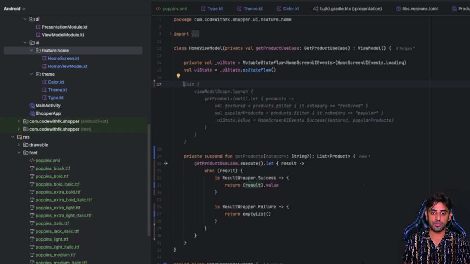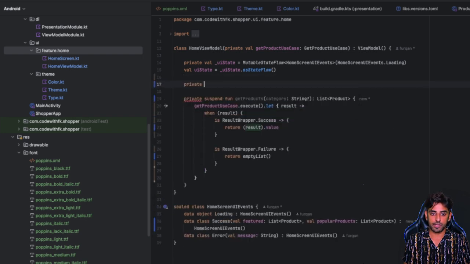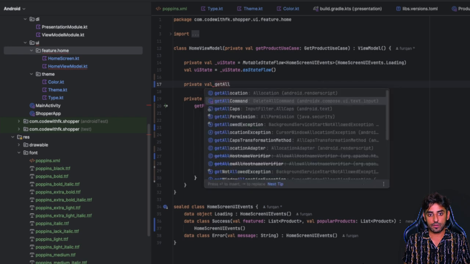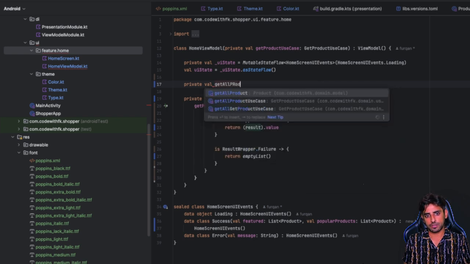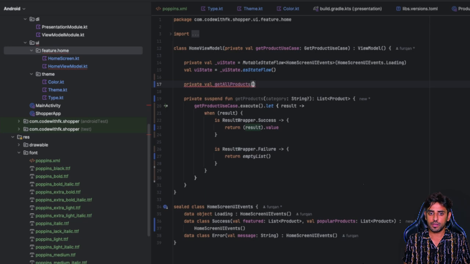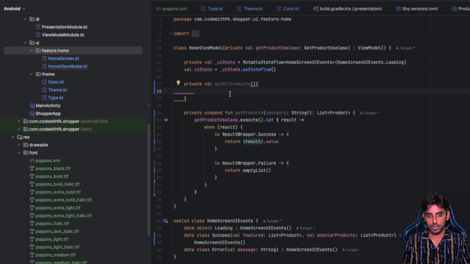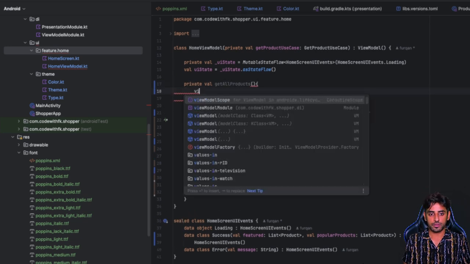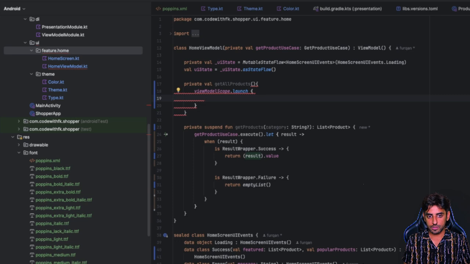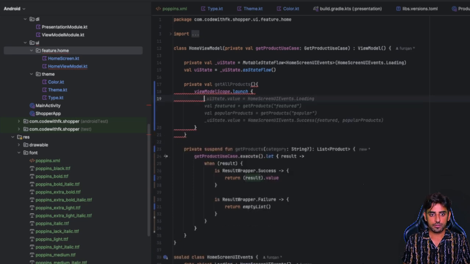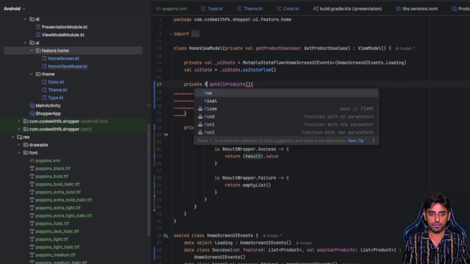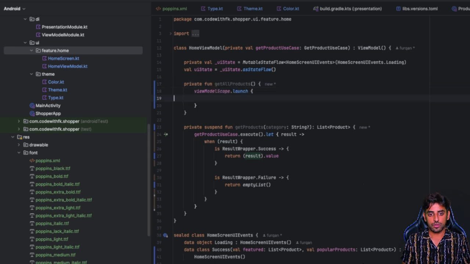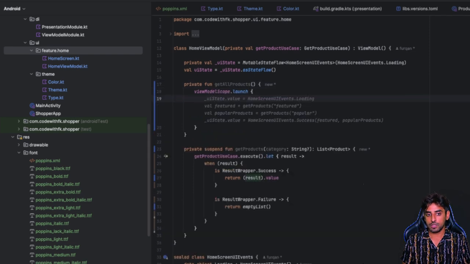And now what I'll do is that I'll create another function and I'll call it private fun get all products, let's say. Okay. And then over here what we will do is that we'll call it viewModelScope.launch. First thing, what do I miss? Oh, sorry, it's going to be function. Okay, so viewModelScope.launch, and then over here what we'll do is that we'll call it this,